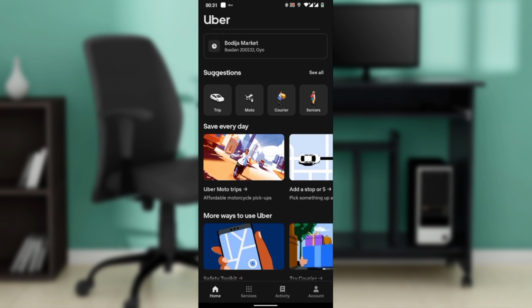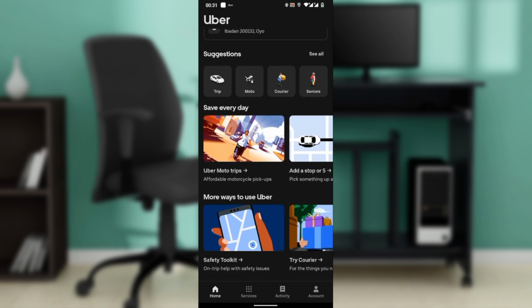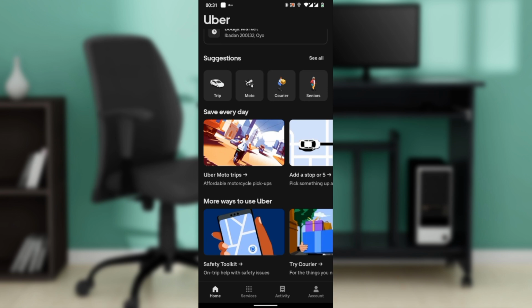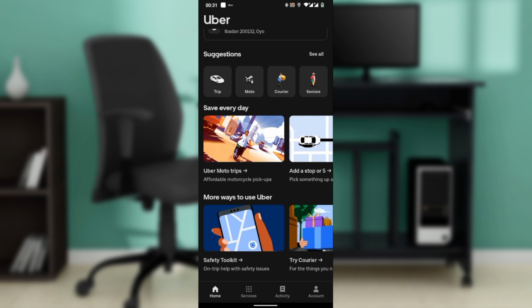The first thing I'd like you to do is to unlock your phone and launch the Uber Rider app. Make sure that you are logged into your account. Only the tip during the ride is optional. It's only available in some regions or